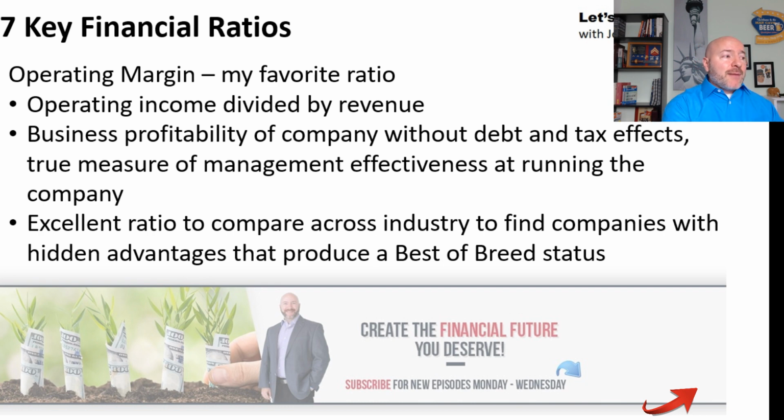So this operating margin, or this operating income divided by revenue, that's your operating margin percentage, your profitability percentage of the company. That's just a true measure of the management's effectiveness at running this company, how they turn sales into operating profits. Okay, so an excellent way to compare your stocks within those industries. And what I like about this the most is really,